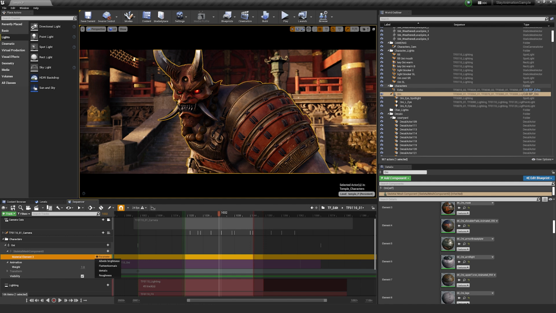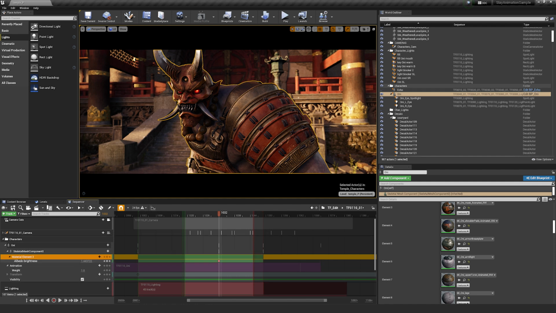And so again, for Oni, for this particular shot, we want to get the most bang for our buck, so we're going to have our albedo brightness be modifiable. When we make the keyframe for it, it'll be what the current keyframe is where it currently sits. We don't want to make the adjustment in the actual material itself, as that will propagate to all the other shots. We just want it for this specific shot. So we're going to do this inside of sequencer.